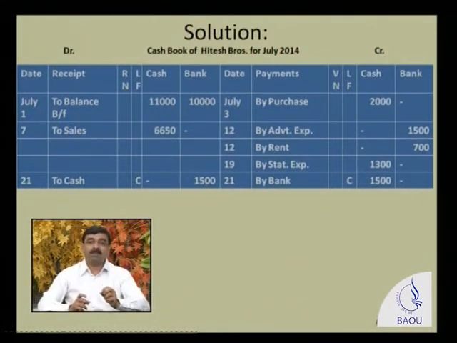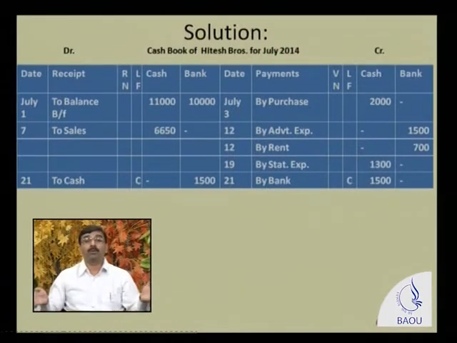Now this entry will be posted. As I already mentioned, we are preparing a two columnar cash book, in which both cash and bank columns are prepared. So these transactions would be recorded on both the receipt side and the payment side. Why? Because for one account it is a receipt, and for the other account it is a payment. For the bank it is a receipt, and for cash it is a payment. So first on the receipt side, the bank is the receiver, so in the bank column 1,500 rupees is written, opposite name is cash,